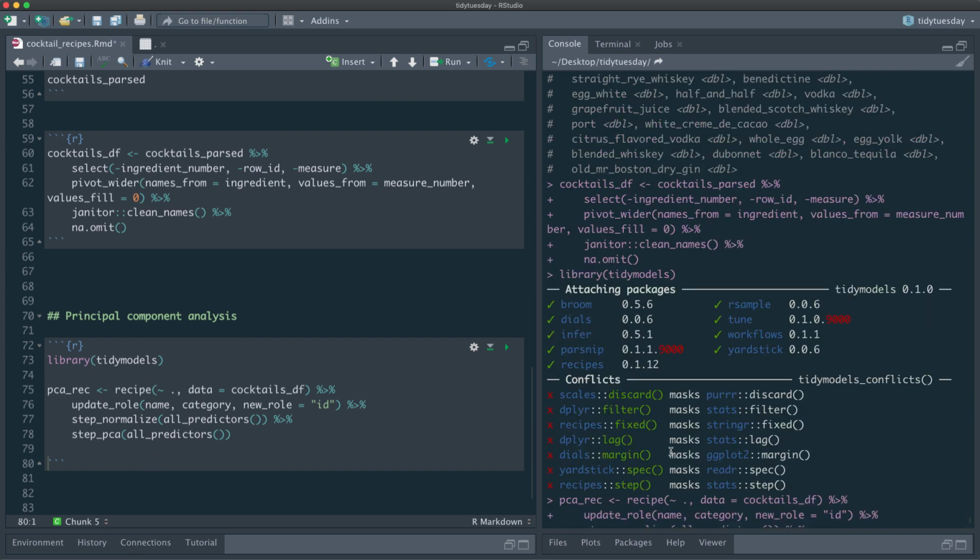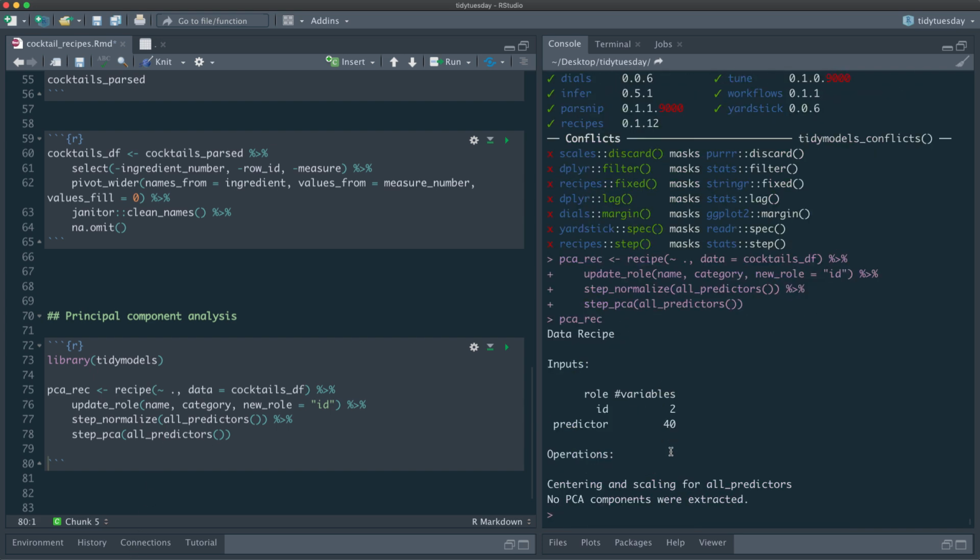So what I've done right here is I've just defined what I am going to do. I have not yet actually done anything yet. So the first step in a recipe is to set it up, to say, here are the steps of my recipe. The next thing that I do is that I prep a recipe. So the prepping of the recipe actually goes to the data, which here is this cocktail recipe, and it